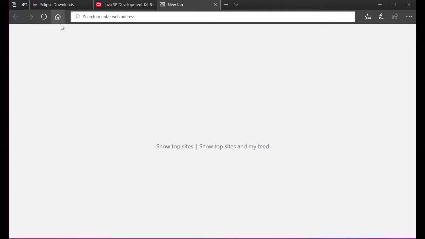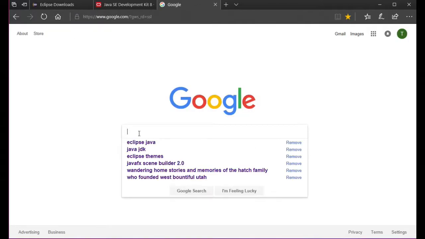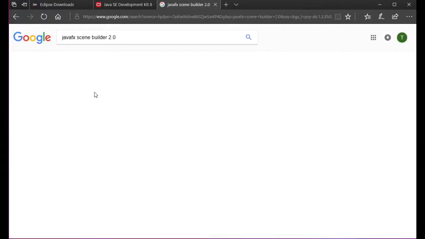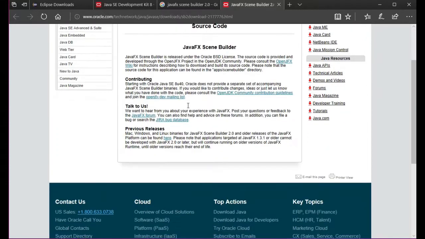Okay, the last thing we want to get is called the JavaFX Scene Builder, and as you can see, I actually have that right here. And this one's kind of a tricky one to find, because you would think to go to this one right here that says Scene Builder 2.0, because that's what we want. But if you click on this and you pull it up,